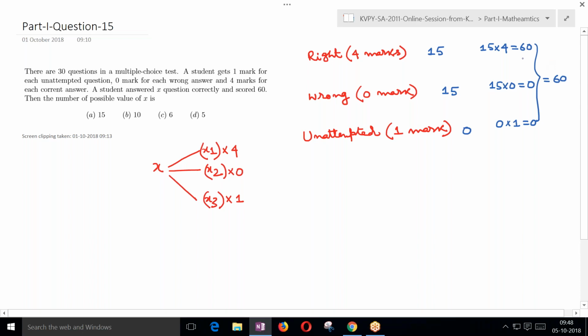Similarly, what all combinations are possible? This is one such combination. 15, 15, 0 means 15 right answers, 15 wrong answers, and 0 unattempted. This is one possible value of x. Like that, how many such possible values of x are possible? With this you can proceed, and we will resume our class on